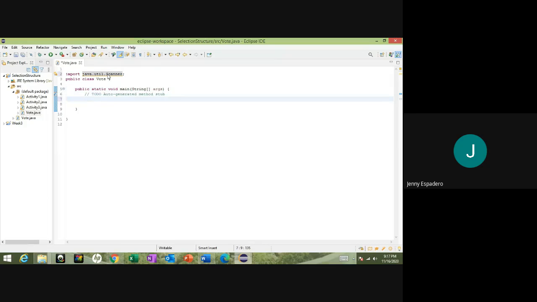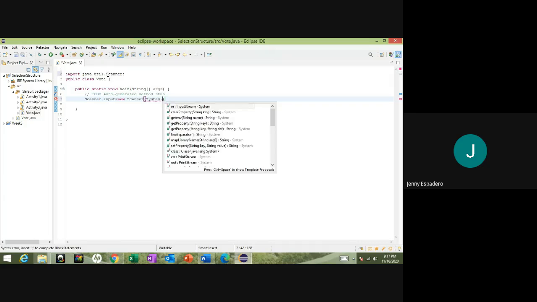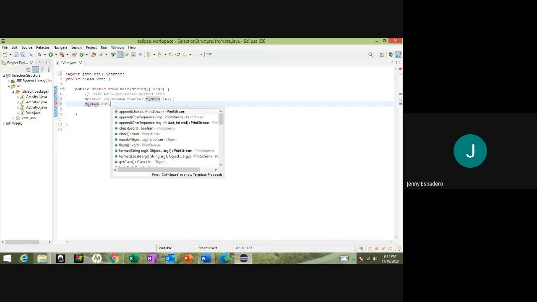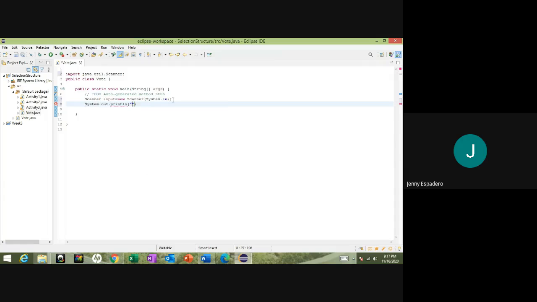And then here, create an object Scanner, for example, Scanner input equal to new Scanner(System.in); semicolon. We are now going to write System.out.println that asks the user to input for age.